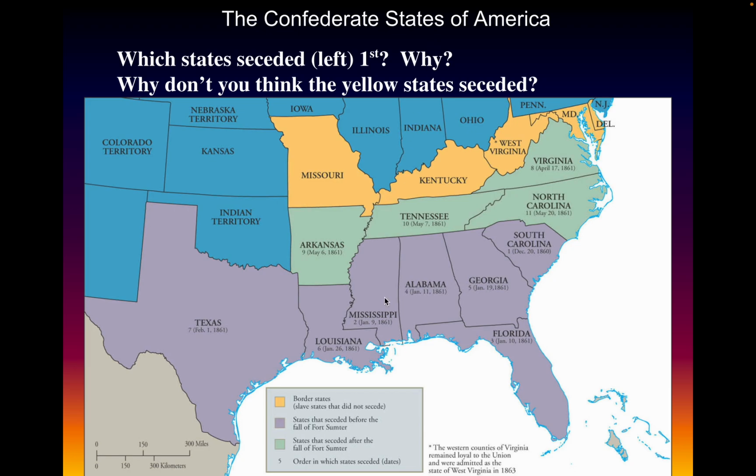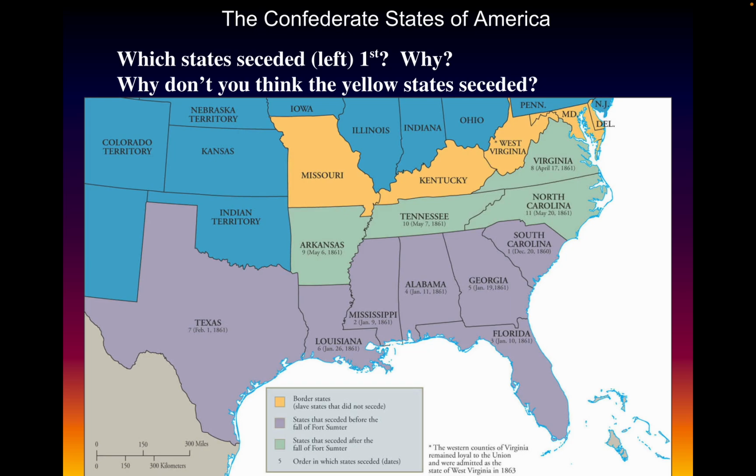The ones in purple left first. I'm asking you why. As you pause to think about that, think back to one of our earlier slides. Where did slavery exist the most in the United States? Right here. Who had the most to lose if Lincoln freed the slaves? Right here. Therefore, we see these states really getting the first opportunity to say, we don't want to be part